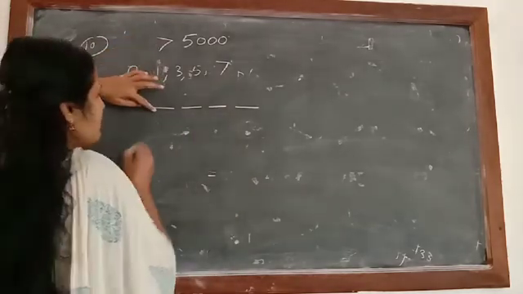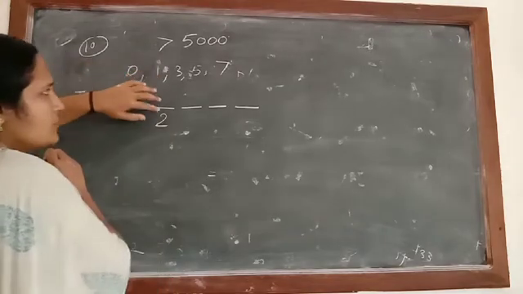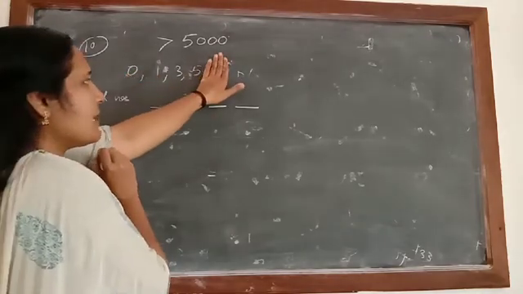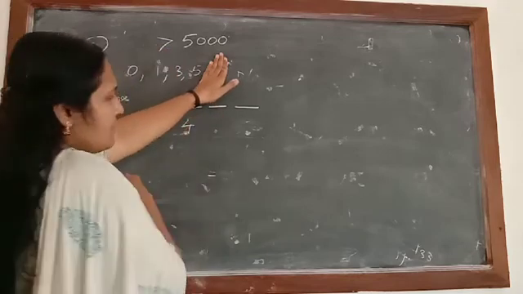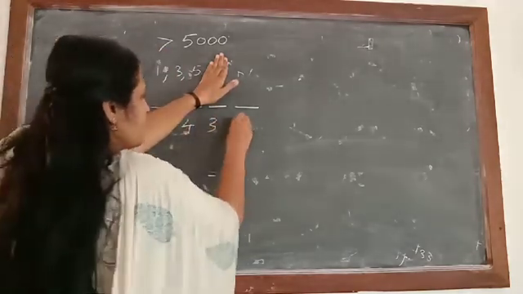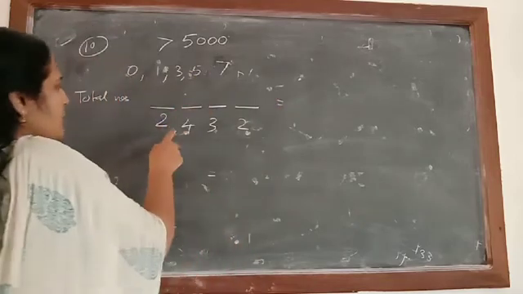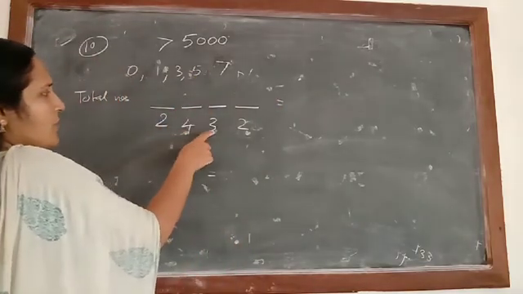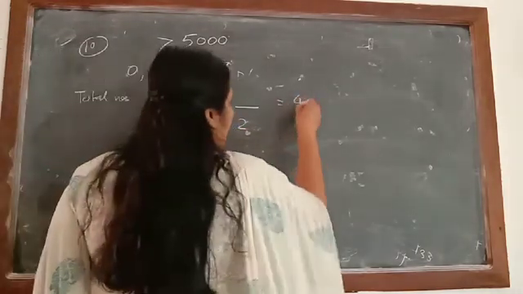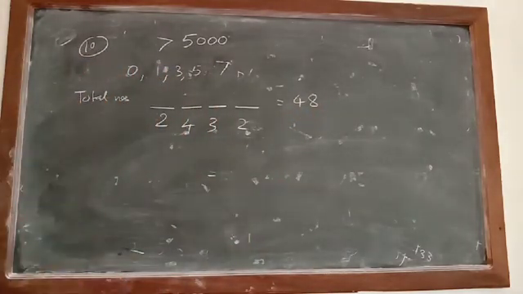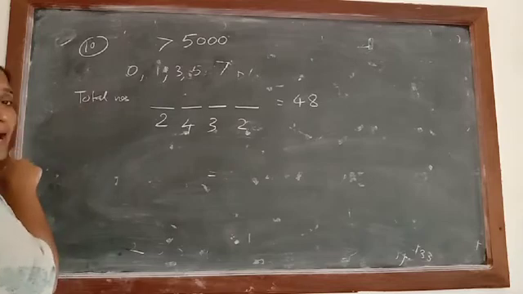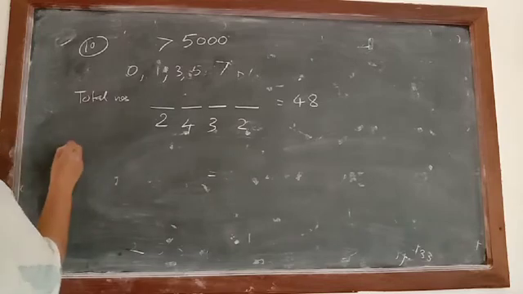So this place can be filled in two ways only. Suppose I filled the number 7. So remaining 1, 2, 3, 4 numbers only. So this place can be filled in 4 ways, then 3 and then 2. So it will be equal to 4 3s are 12, 12 4s are 48. So total 48 numbers are there.